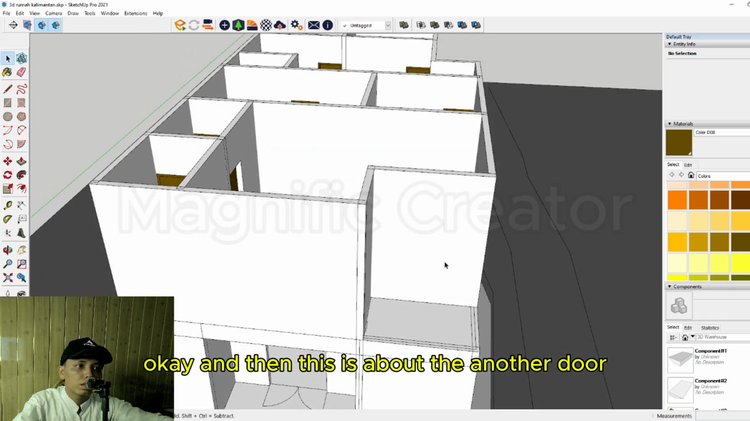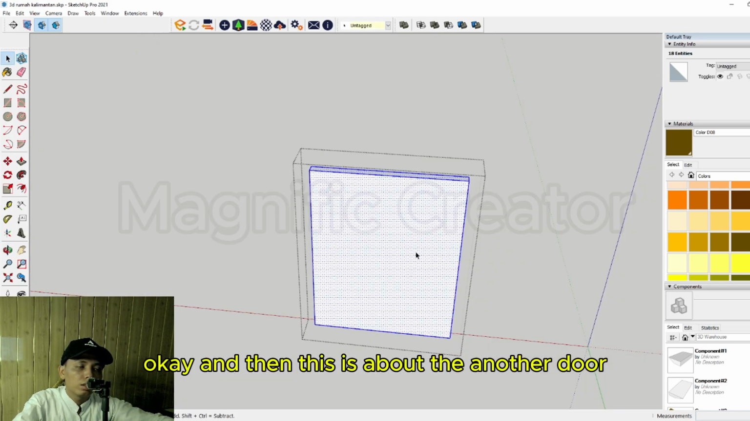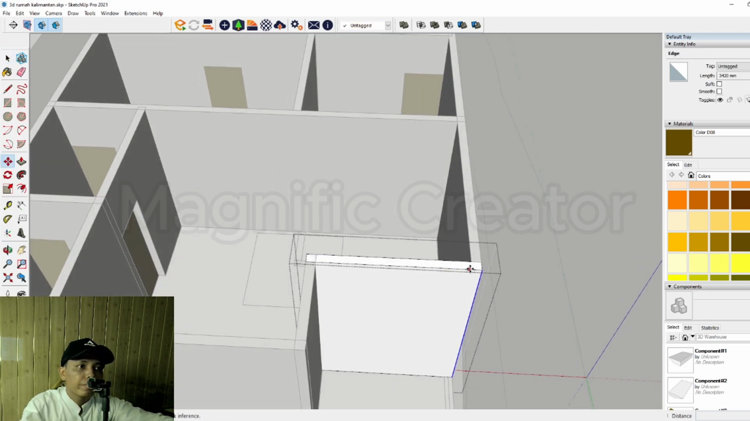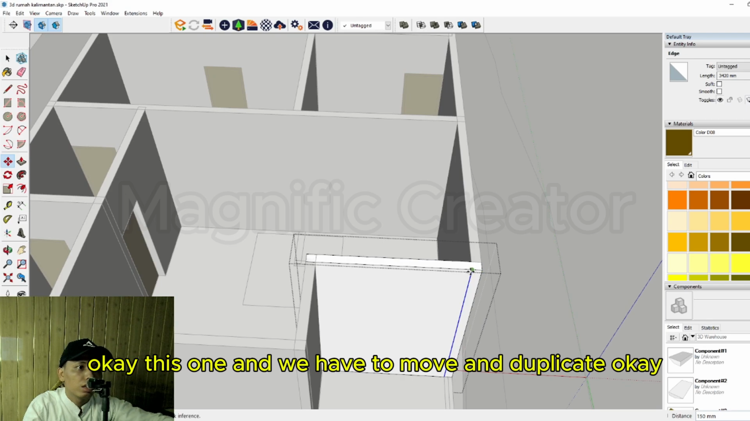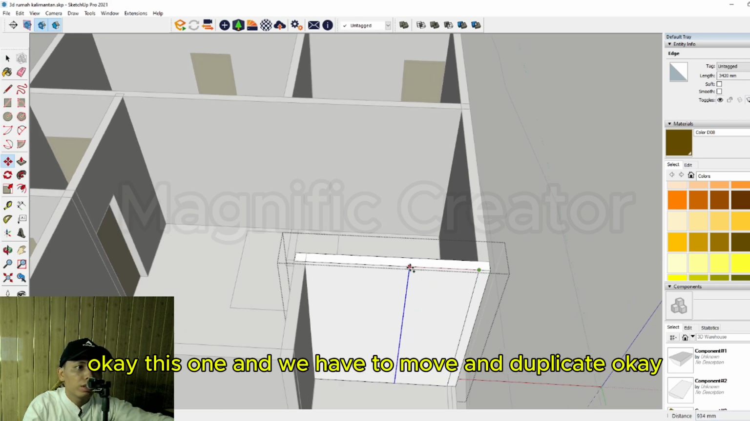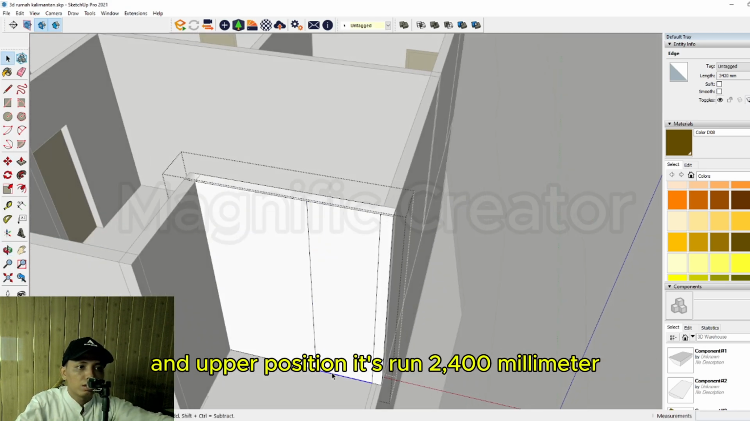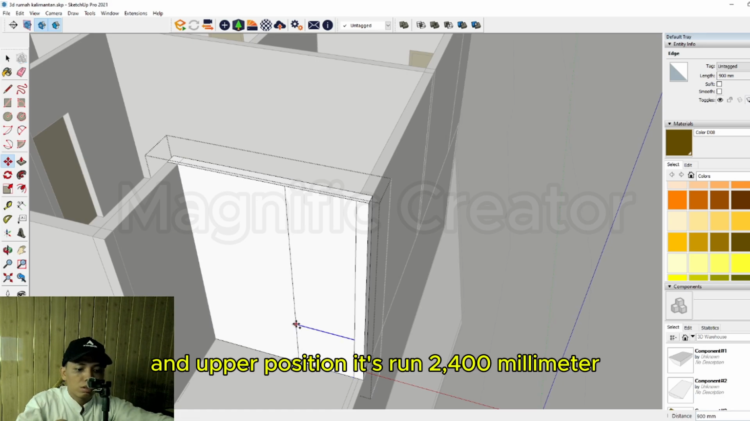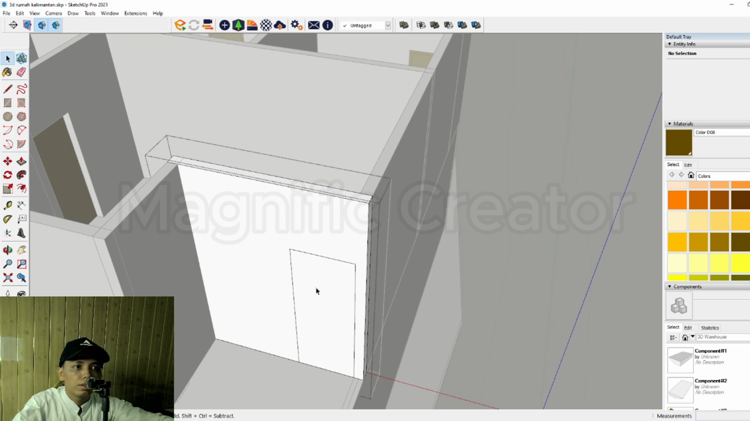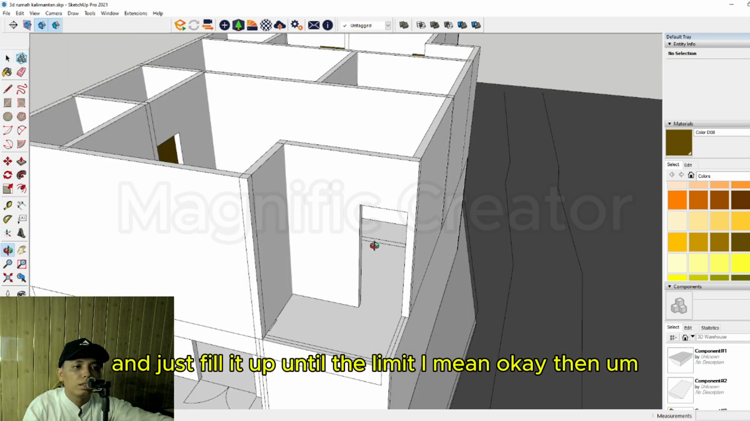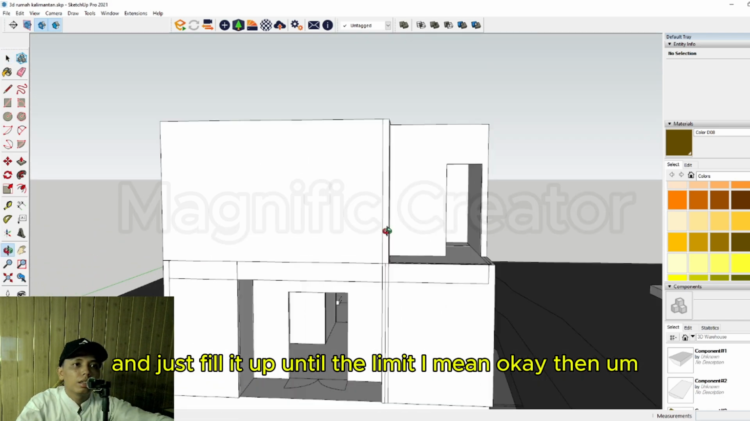Okay, and this is the another door, another additional door right there. Okay, this one, and we have to move and duplicate about 900 millimeter, and the upper position is around 2,400 millimeter, and just delete up until the limit, I mean. Okay, then